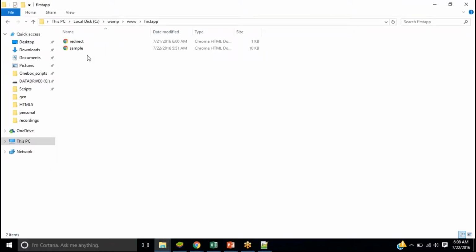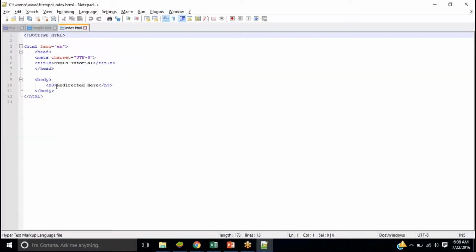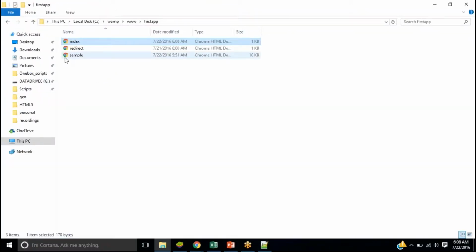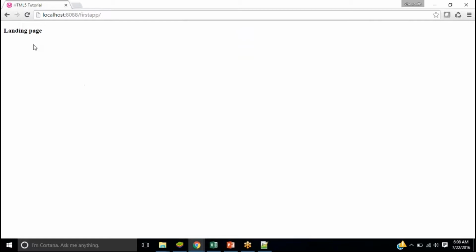So by default, we can have a simple page called index.html or index.php or any extension. If you have an index file with any showable extension like .html, .php, .aspx, then by default it becomes my landing page. So now when I go and do it, you see, I did not see the folder structure. I directly saw my home page.